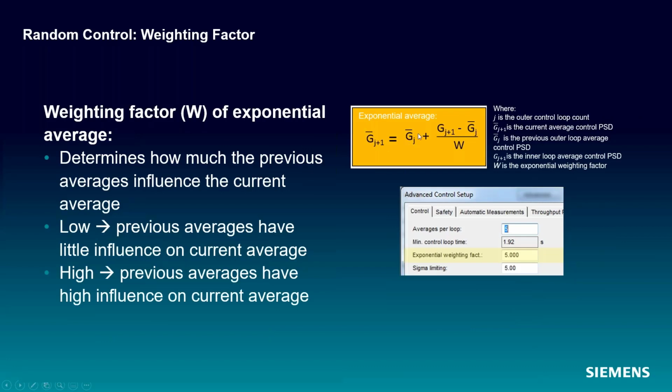Now, that paired with the exponential averaging that's used in the control loop gets you significantly longer times, right? So if you look at your control setup, and you can specify this, there's an averages per loop and an exponential weighting factor. By default, they're set to 5 and 5, but at a bare minimum, that means if you're taking 5 averages and you have like 1/8 hertz resolution, which is an 8-second long time block, you're going to end up with a 40-second long averaging process, then that exponential weighting factor.